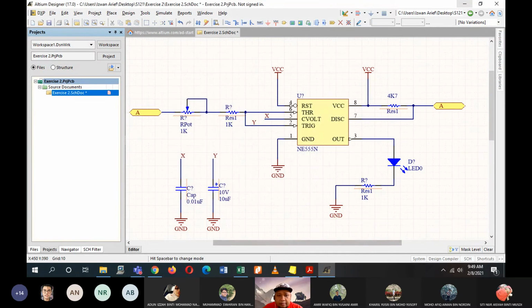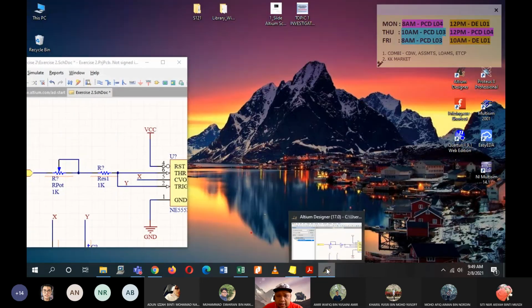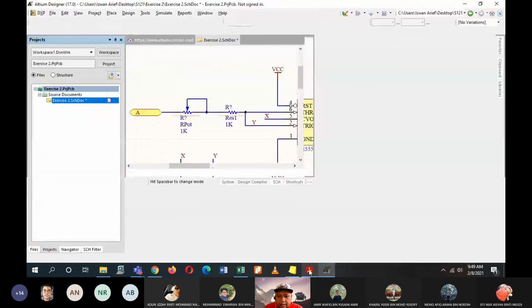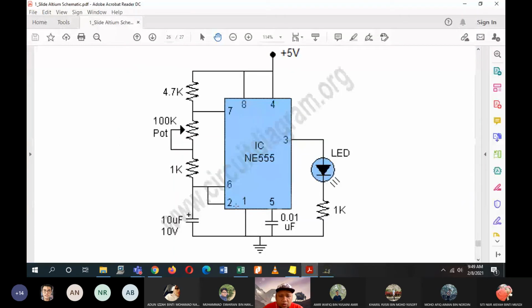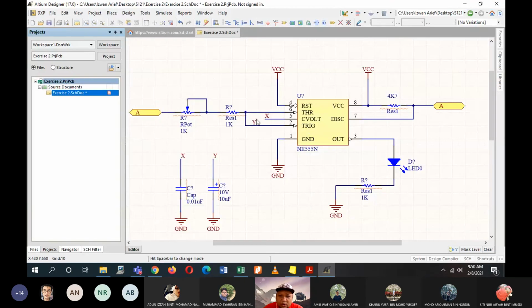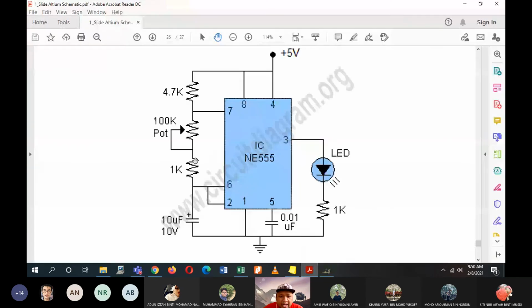Okay, from pin 2, which will be connected to this resistor here, I have created the connection earlier. Saya buat dulu daripada resistor ni 1K masuk kepada pin 2. And then this resistor also connected to pin 6. So we check, is it correct? So here, resistor 1 connected to pin 6 and pin 2.